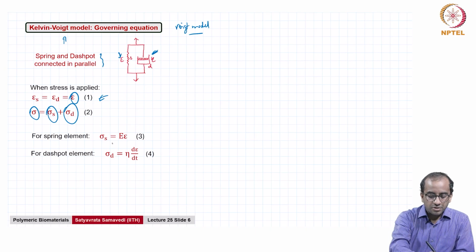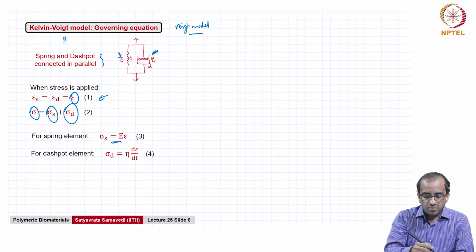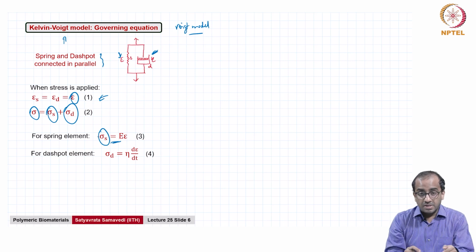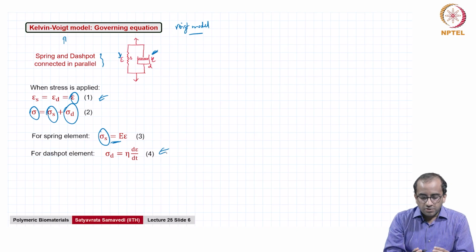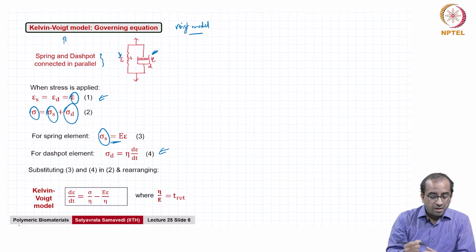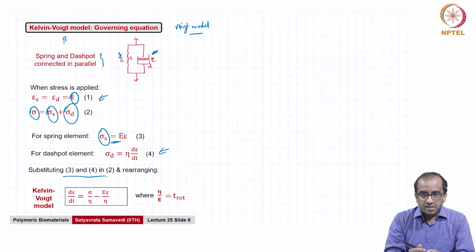For the spring element, of course, you have Hooke's law, except now we are clarifying that it is for the spring. So sigma sub s just clarifies that it is for the spring. Sigma sub s is equal to capital E times epsilon, and for the dashpot element, you have your familiar Newton's law of viscosity, which is sigma sub d equals eta times d epsilon over dt. Now all you have to do is substitute for sigma s and sigma d in equation 2. So essentially, substituting 3 and 4 in 2, and doing a bit of rearranging, you will end up getting